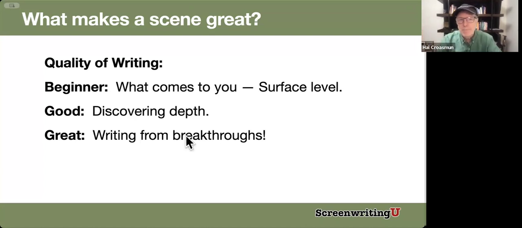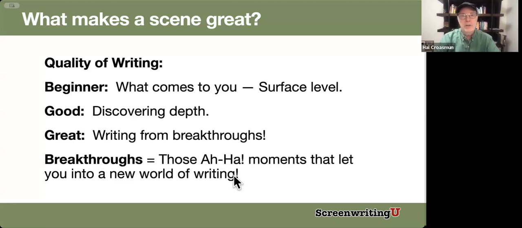I'd talked with the A-list writer, and this was after I learned this, and I talked with him about where breakthroughs came from, what he had learned, how he found them, how many times he spent 6 months trying to figure out something and finally got it. And after that, he was operating out of it. He was writing out of it. So breakthroughs, those are the aha moments, right? You know them. It's like, oh my God, that's how you do it. Those are the aha moments that let you into a whole new world of writing. You need to have those. That's where you want to be going.